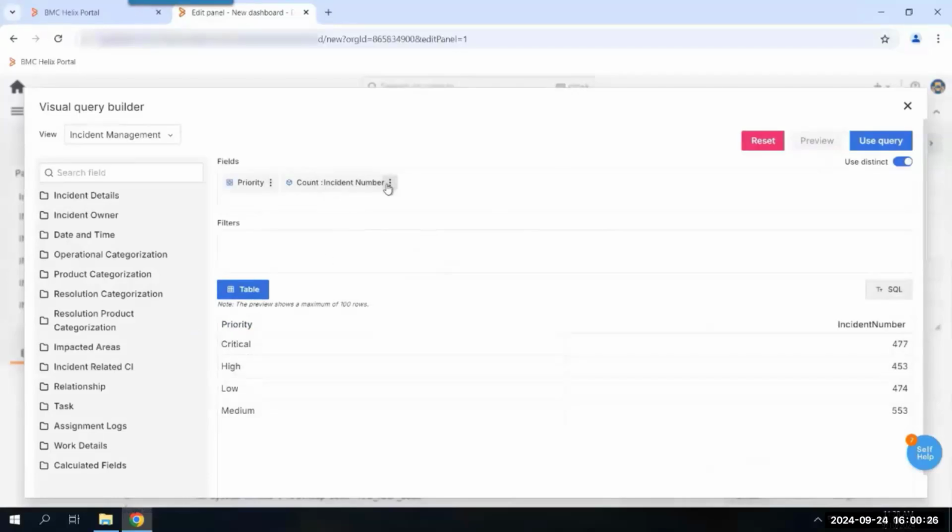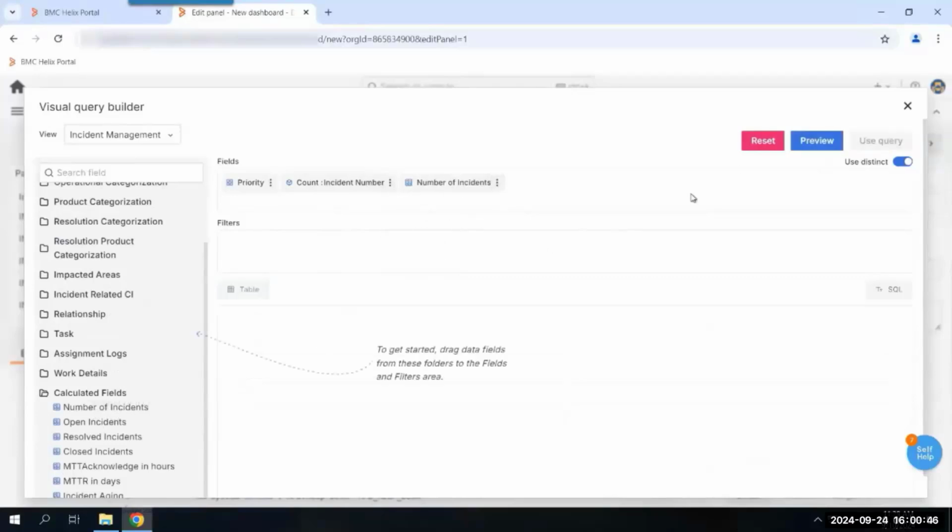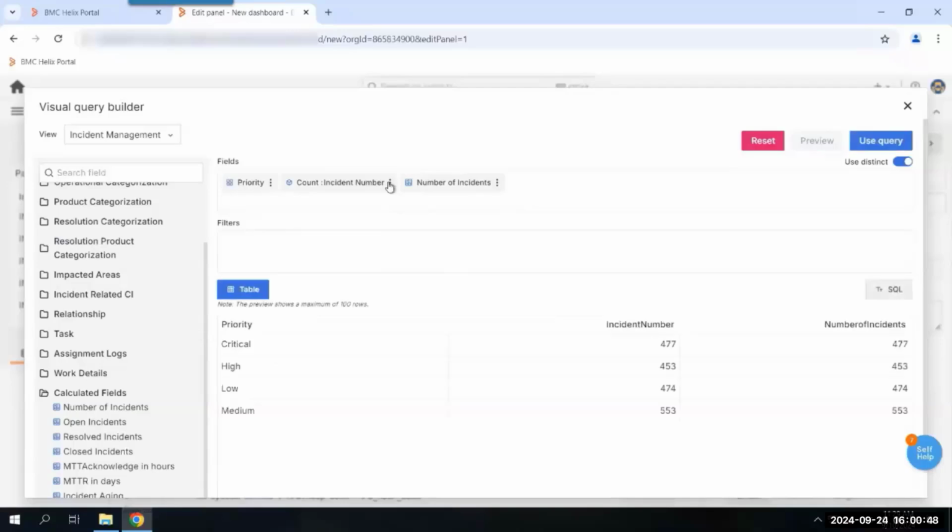This is an aggregation function on top of a field. We just need to use this three dot menu and use these functions. If we don't want to use a field and then aggregation, there are some predefined calculated fields similar to this. If I want the count of incidents, I can